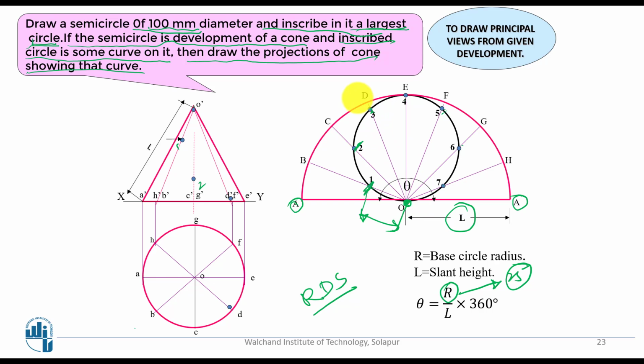O3 on the OD line. O is here and D line is here. On this line you have to cut it, this point you are going to be getting as point number 3. Like this, point 4 is there on the position of E. E is here. Keeping the compass here, take this dimension, this length, and you are going to be getting this as point 4.